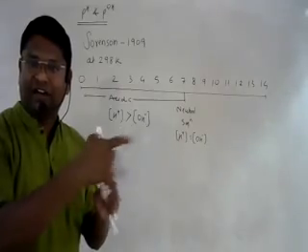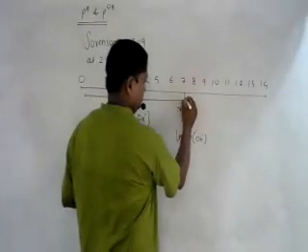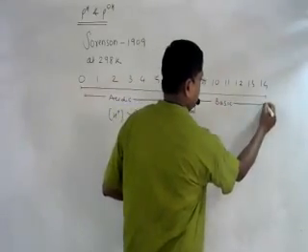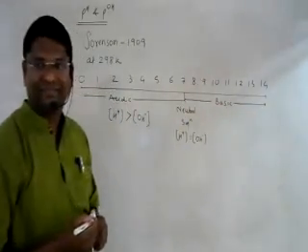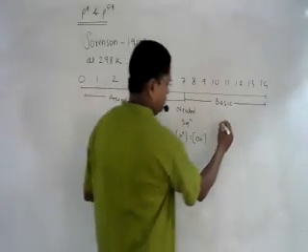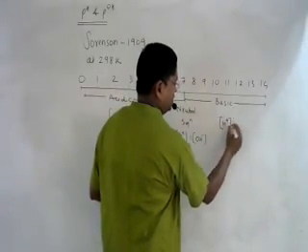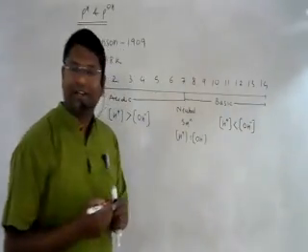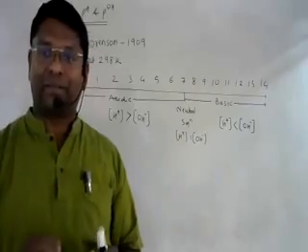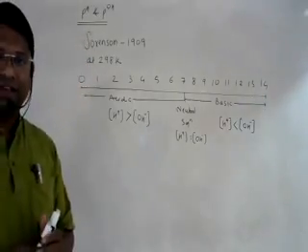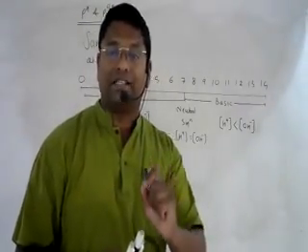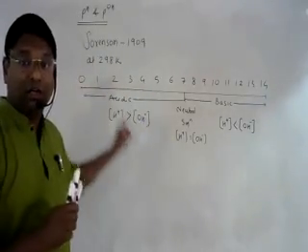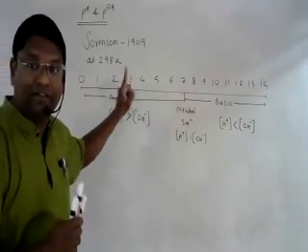And after neutral, here onward, solution is basic. Why basic? Because H positive concentration is less than OH negative ion concentration. और इसलिए the nature is basic. But this is at 298 Kelvin.